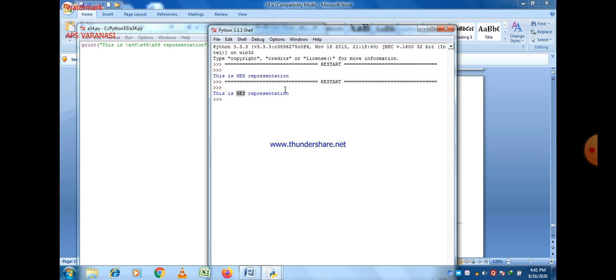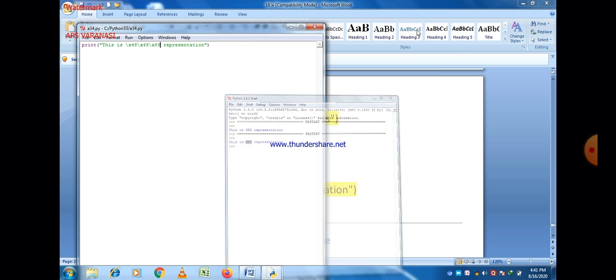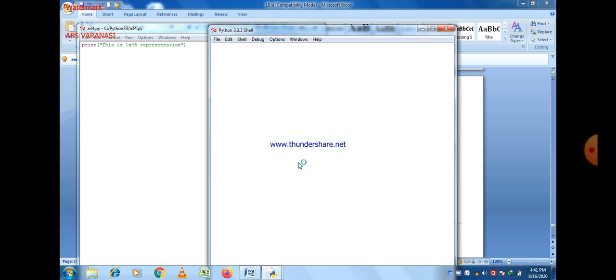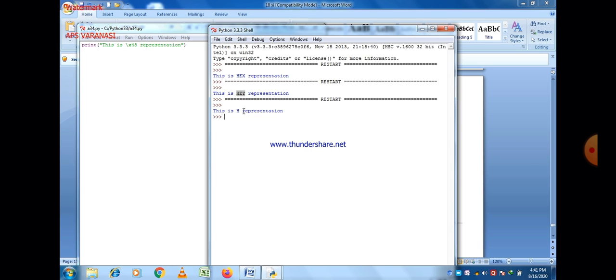You can easily see now HEY is the answer. So 48, 45, 58 are the numbers, and we write these numbers just after the \x. Then it means that these numbers should be converted into hexadecimal. Here is only a single character.